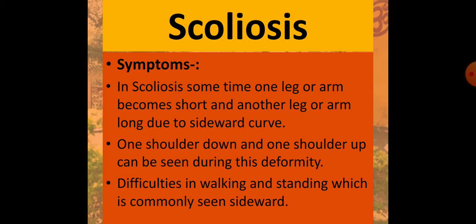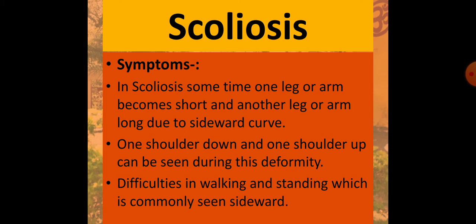of one leg. Leg remains same, but due to that, when one shoulder is pulled upwards, that side of the body moves upward and another side of the body tends downwards. So this causes one arm short, one arm towards downwards, one leg short, one leg long. So this is a very difficult in walking and standing, which is commonly seen